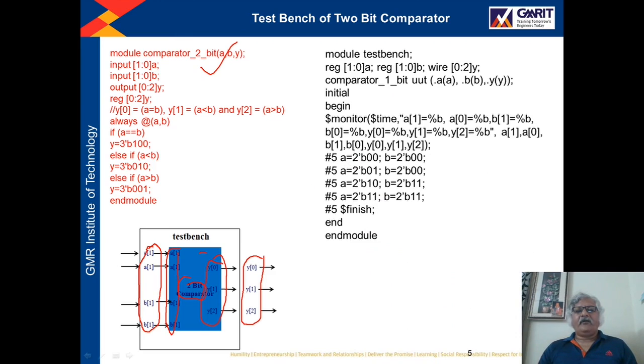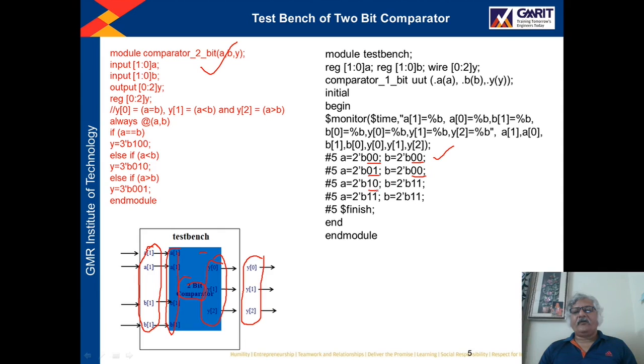Here, the values we are giving, you see this statement, we are assigning a equal to 0 0, a 2-bit number 0 0, and b is also 0 0. Then after 5 unit time, a is 0 1, b is 0 0.